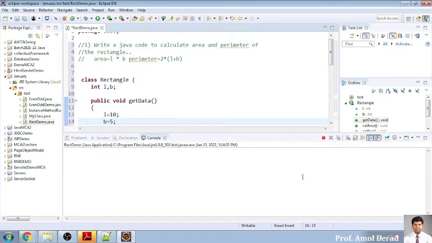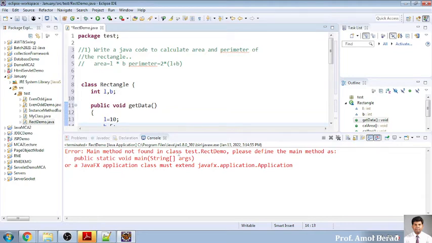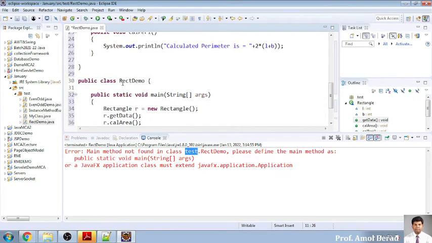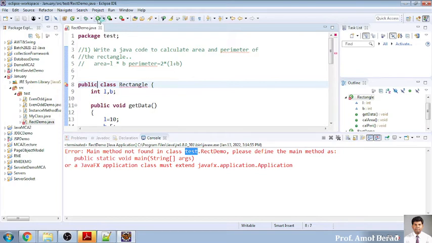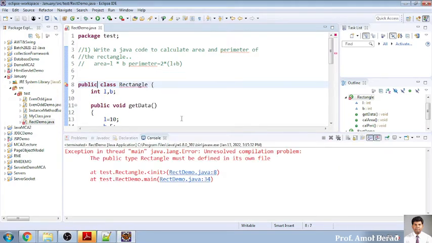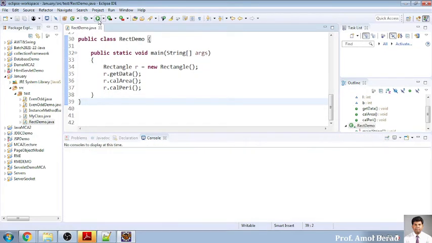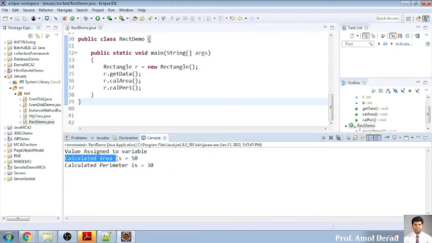Okay, this is the output. The values assigned to the variables and the calculated area is 50 and 30.